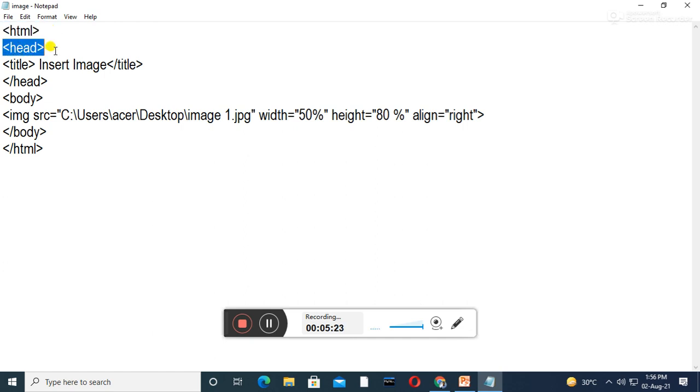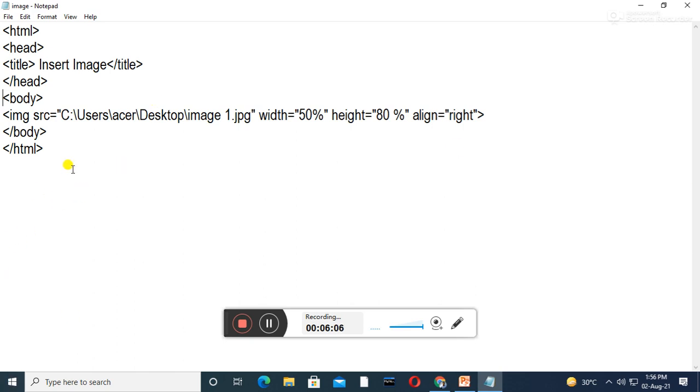Then just below we write head. Below head we write title. In title here I have written insert image. This will appear in the title of the web page. Head title close here, head close. Now the body tag opens here. Whatever you write between the body tag will appear in your document, in your HTML body.